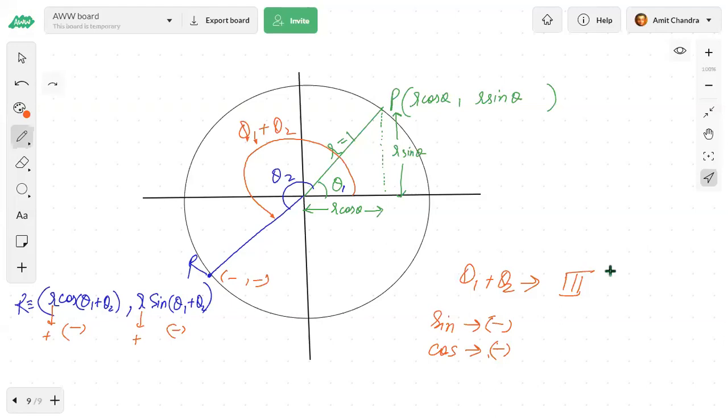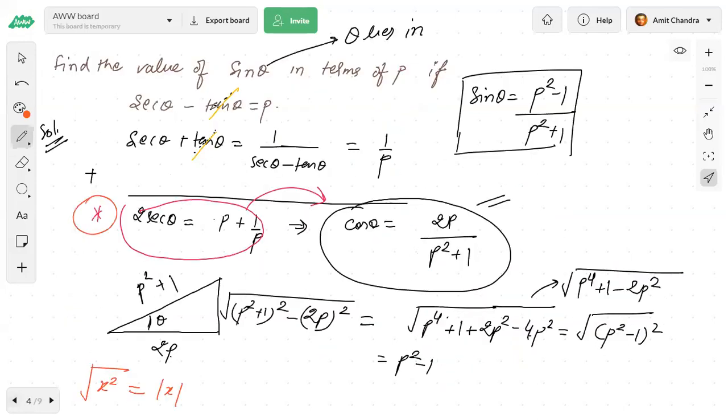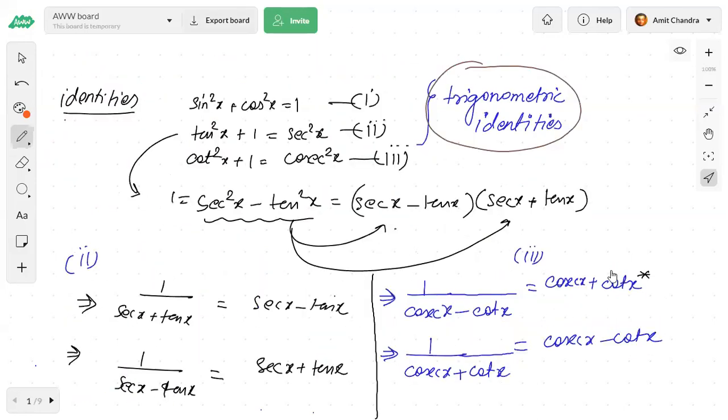I will share the PDF with you of today's class. You can either take the PDF or you can take a snapshot. Theta 1 plus theta 2, this is theta 1, this is theta 2. Theta 1 plus theta 2 is in this quadrant, Kaushik, so this is the third quadrant. Understood? Kaushik, did you understand now? I will share the PDF now. Just wait a minute, I will download this as a PDF and I will explain.